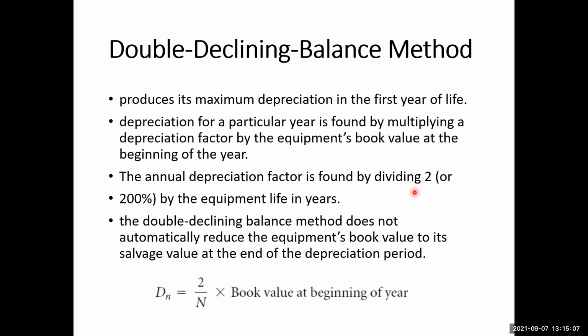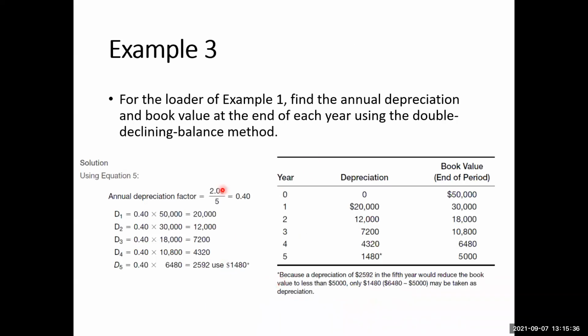So in the 200% declining balance method, in the formula, we have this 2. This 2 comes from double, or 200%. So 2 divided by n, which is the number of years over which we want the asset to depreciate, and then we multiply it by the book value at the beginning of the year. Remember that the book value at the beginning of the year will change every year. The book value at the beginning of the first year is the actual value, which is $50,000. Because we already get this ratio 2/5, which is 0.4,